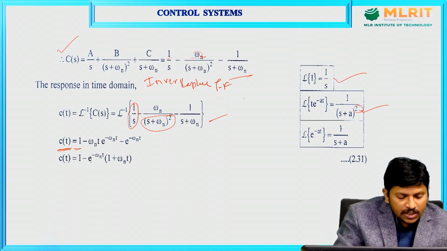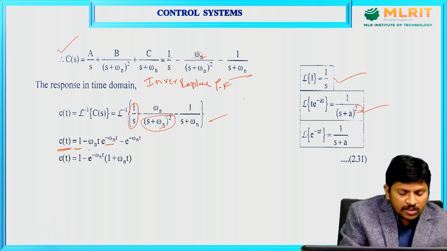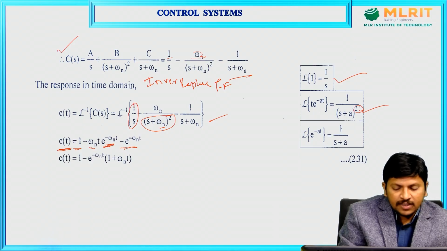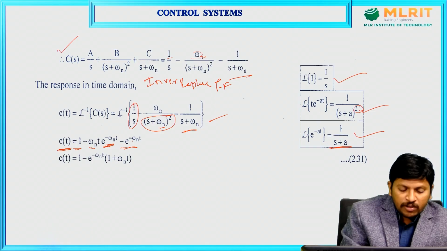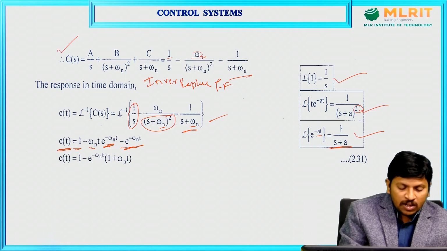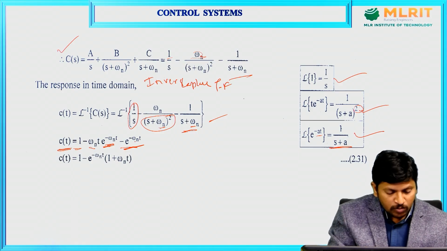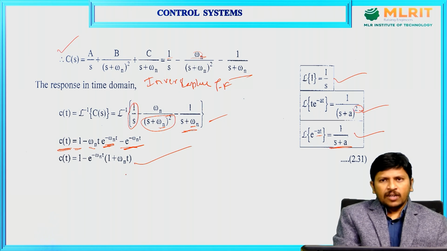Same here, t into e power of minus at, in place of a it is omega n, e power of minus omega n t. So already omega n is there, t into e power of minus omega n t minus e power of, so this term comes under this formula 1 by s plus a, so e power of minus at. So e power of minus at, a equals to minus omega n, a equals to here minus omega n or else omega n. So omega n e power of minus at. So that is the final answer of this critical damped, sorry, critical damped second order system